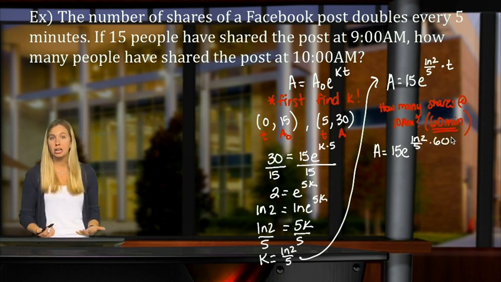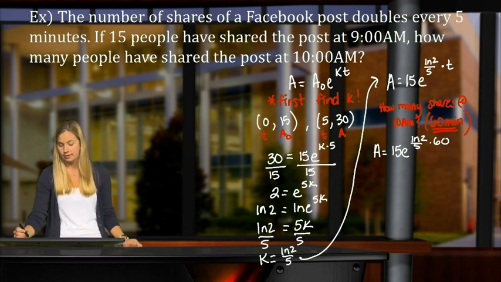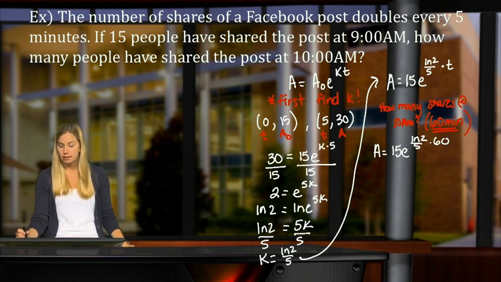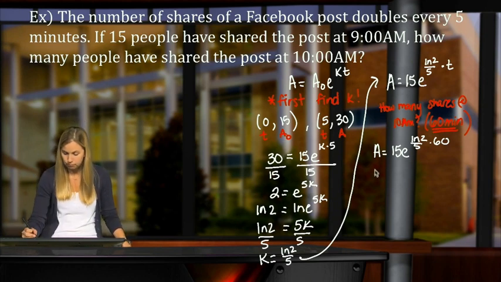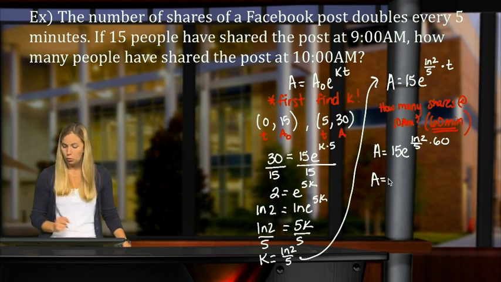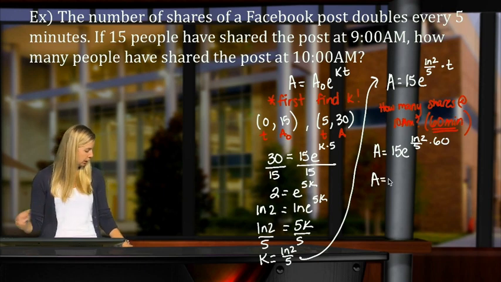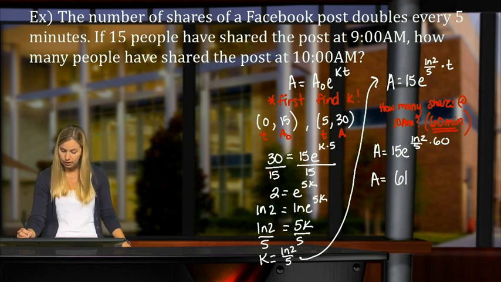Now you've got to be very careful when you're evaluating this. I would suggest plugging this into your calculator, multiply natural log of 2 over 5 times 60 first, and then raise e to that answer. Take that answer, multiply it by 15. When you do that, you'll get a nice pretty number of 61,440 shares,